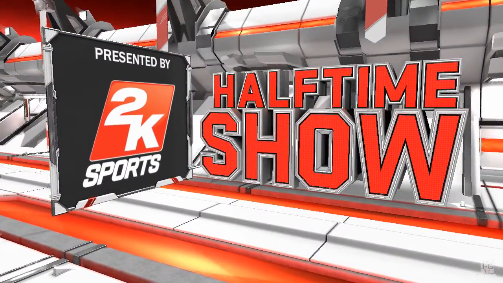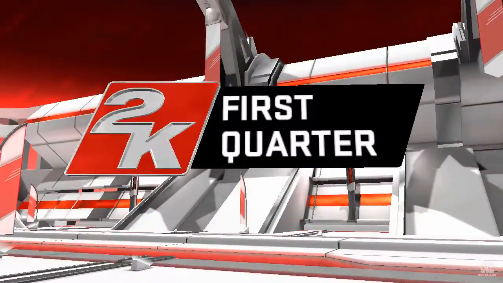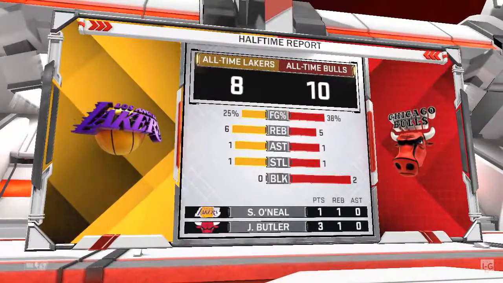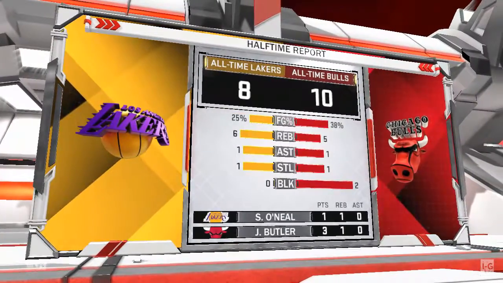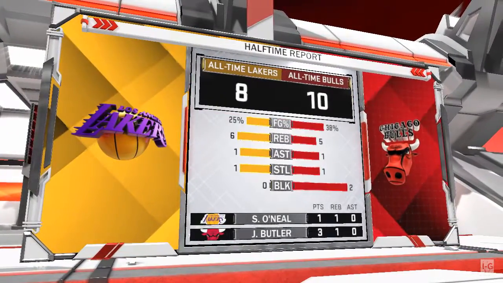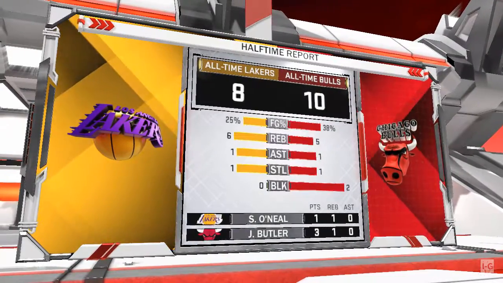The 2K Sports Halftime Show. Hello again, everybody, along with Kenny the Jet Smith and Shaquille. It was a closely contested first quarter for Chicago. Their field goal percentage was a robust 50% in the period. That's something they can hang their hat on. The second quarter was dead even in terms of their scoring output from both teams, and they still find themselves in a good position at the half.